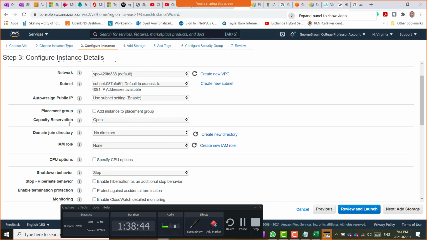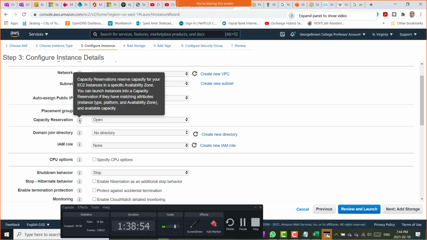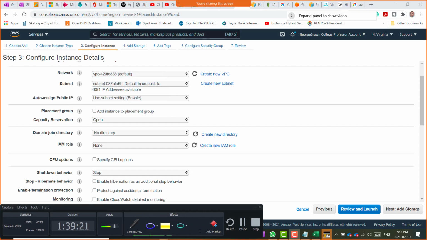So there is capacity reservation here, and we may have discussed that before as well. You want to reserve the capacity of a virtual machine. Capacity reservations reserve capacity for your EC2 instances or virtual machines in a specific availability zone. You can launch instances into a capacity reservation if they have matching attributes: instance type, platform, availability zone, and available capacity. What this means in English is that, suppose you want